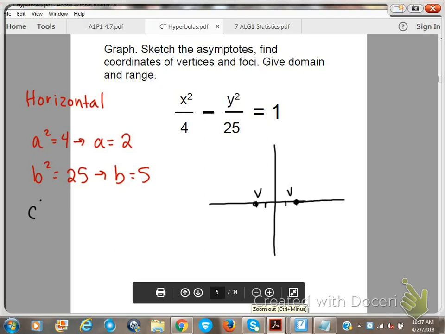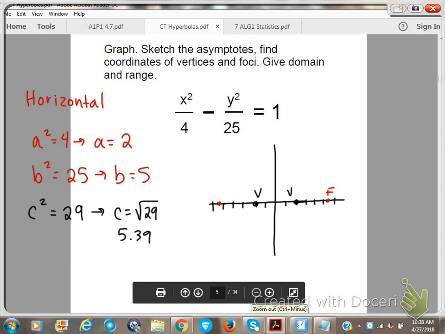What is c squared if a squared is 4 and b squared is 25? 29. Good. So then what's our c value going to be? Square root of 29. Somebody calculate that for me, please. 5.39. Okay, so we'll go 1, 2, 3, 4, 5, 6, and then 1, 2, 3, 4, 5, 6. Our foci are going to be about there,